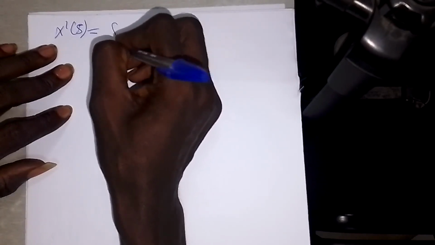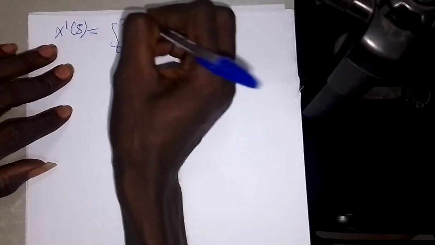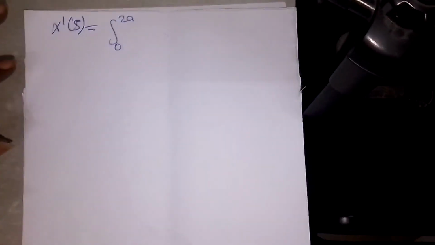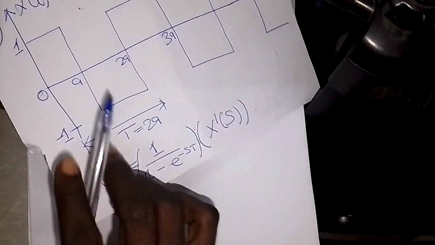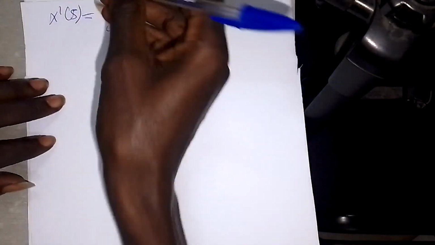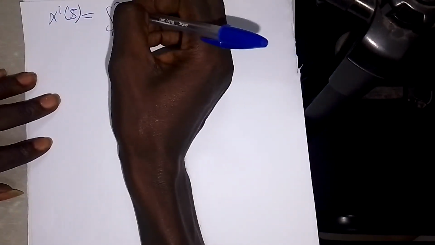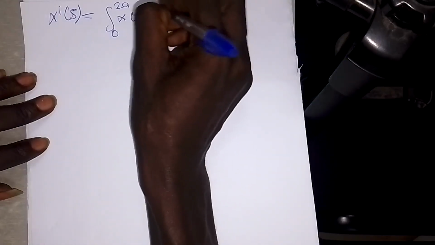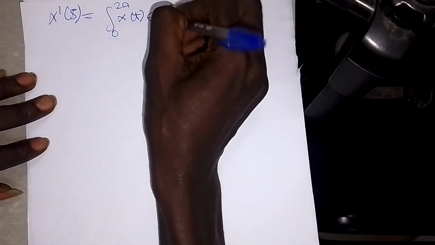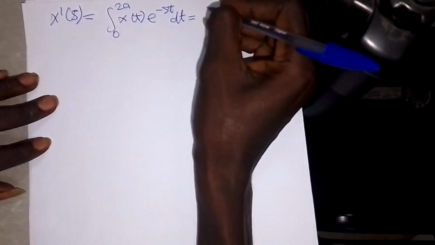It's going to be from 0 to 2a, okay, from my signal, because you can see that my signal is actually from 0 to 2a. Okay. So 0 to 2a, and then well, let me write here x of t into e to the minus st dt, which is equal to